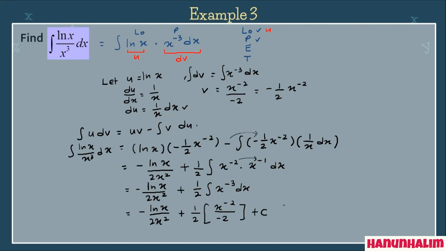Okay, after that kita boleh simplify lagi sebenarnya. Dia akan jadi negative ln x over 2x squared plus 1 over 2 times dengan 1 over negative 2. Okay, dia bukan plus lah sebab positif negatif dia akan jadi minus. And then 1 over 2 times dengan 1 over 2 dia akan jadi 1 over 4